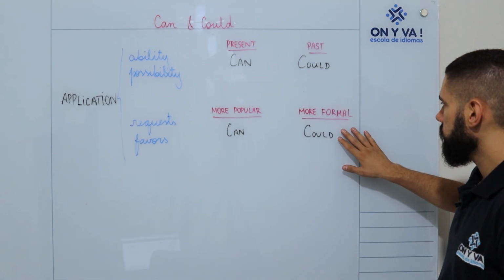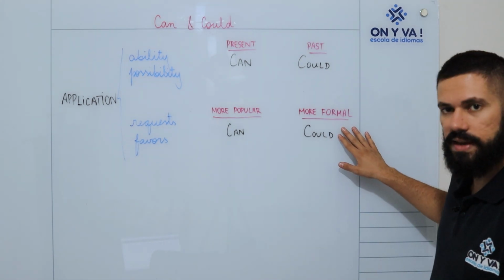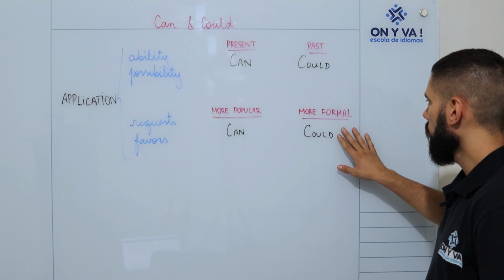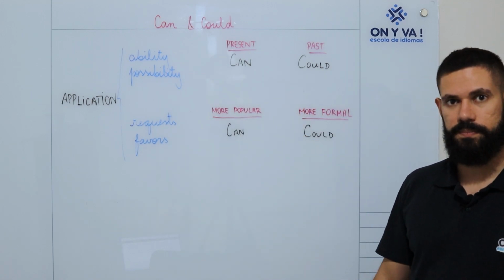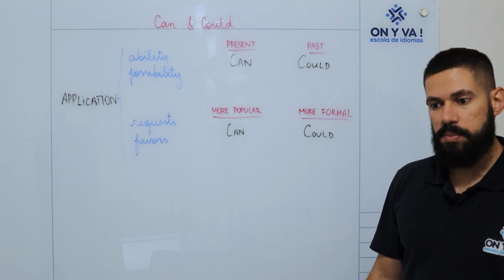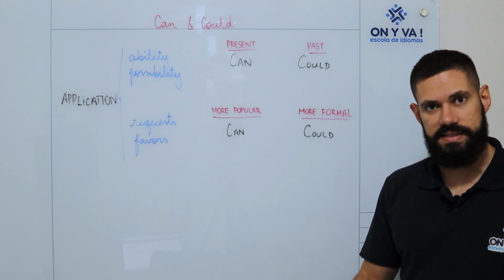Okay? So in this case, could is more formal. We gave examples. And here, could is the past when we talk about ability or possibility. Okay? So, practice more with our exercises in this